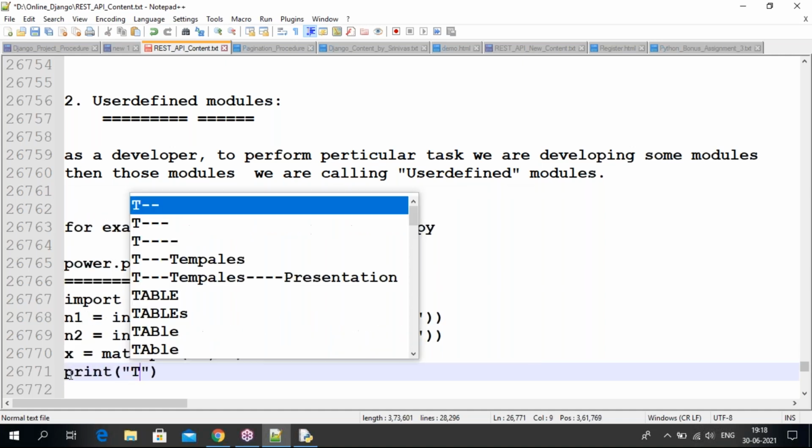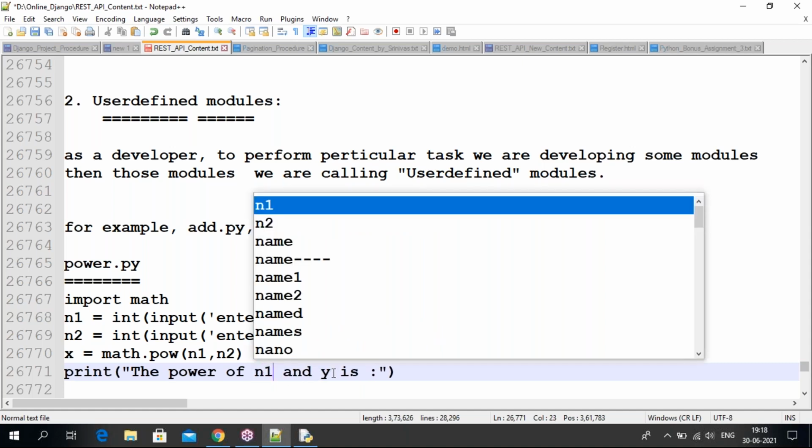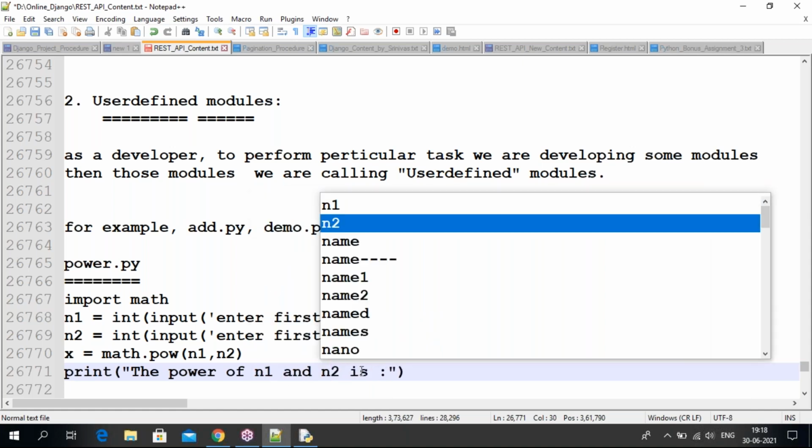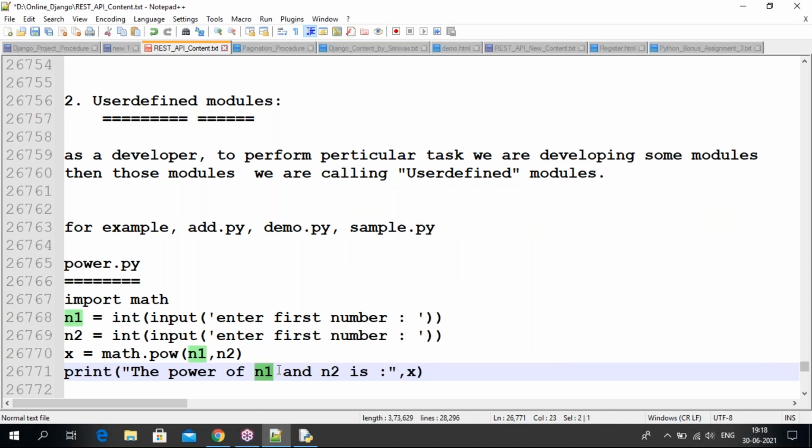The message I'm going to print is: the power of n1 and n2 is x, guys. If you want to display the n1 and n2 values also, then you can take them.